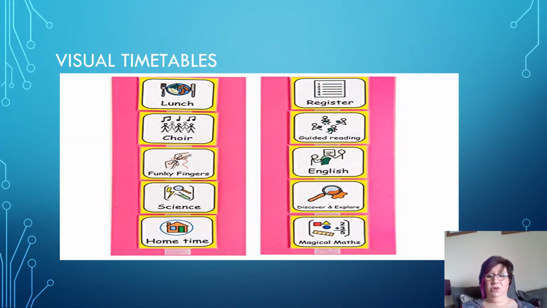So this visual at the moment is just a quick example of a visual timetable that you might use with a child. For some kids you could do this in writing, for some kids in pictures. I worked with a young man some years ago where we had a big whiteboard up in his kitchen, so he knew what was planned on each given day, and where appointments were and things like that.